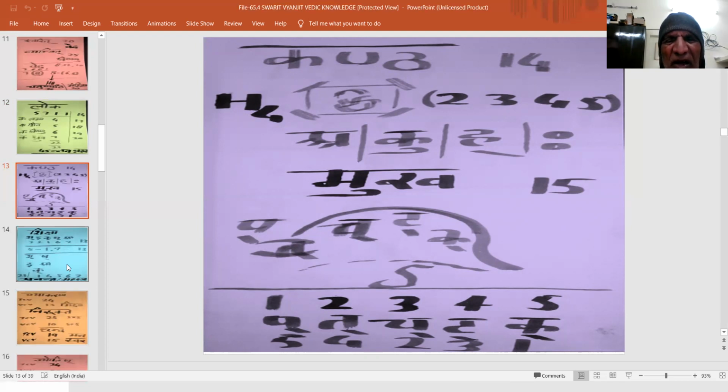The 5 sequential placements are for the first 5 vowels, as well as the same is for the pronunciation of the 5 rows of 5 cross 5 varga consonants.